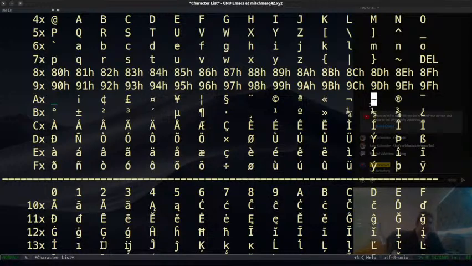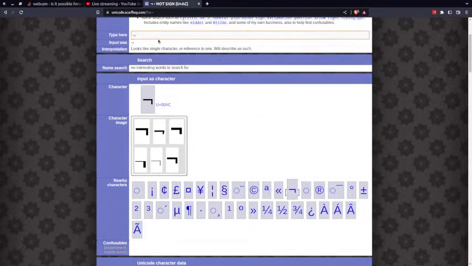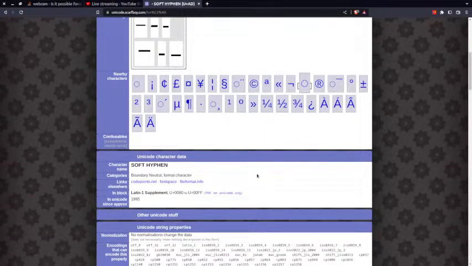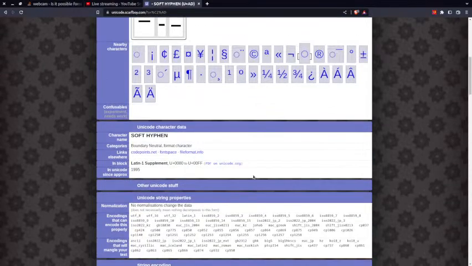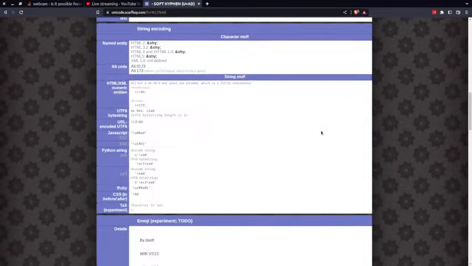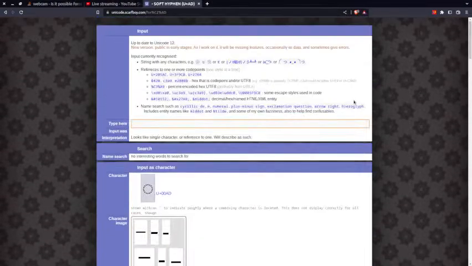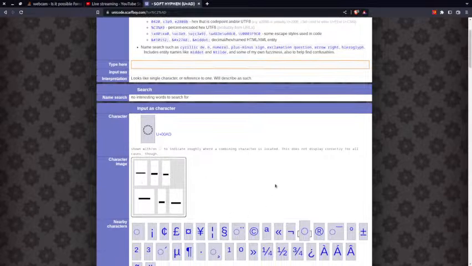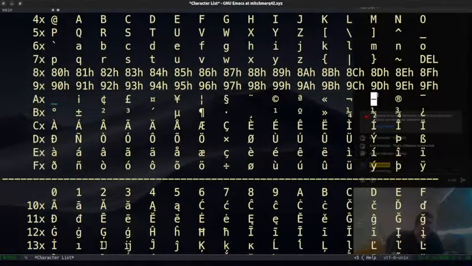What is this guy? It's blue, cyan rather, to represent that it's kind of weird. So I assume it's some sort of joiner or space, and it is a soft hyphen. What's the deal with soft hyphens? Okay, this website has a lot of stuff on it that I don't understand. But it is a soft hyphen apparently. Then of course we have the registered trademark symbol, the overline, the degree sign, plus or minus,